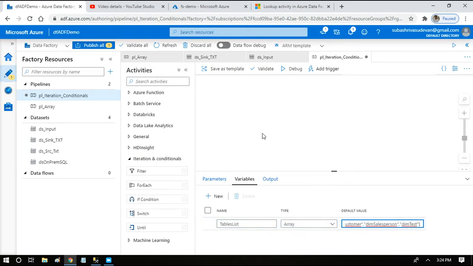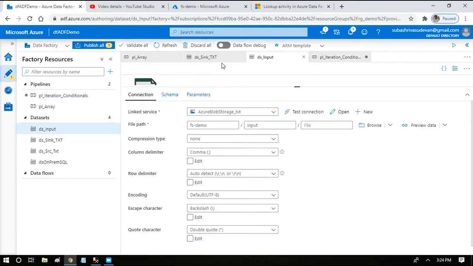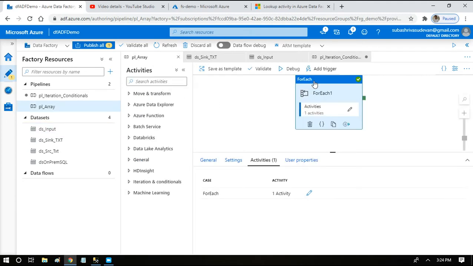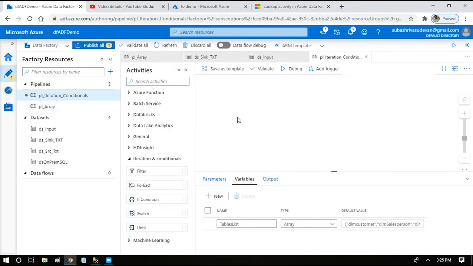In the previous sessions, we did copy activity by looping using a for each loop. We are just going to make use of the same for each loop. I am copying this. This for each loop will act on the array variable we declared and will copy data from the source tables to files in blob storage. I'm copying it and then pasting it here.